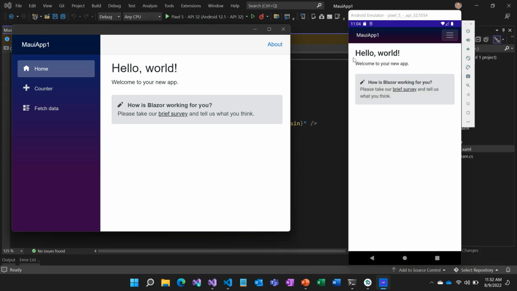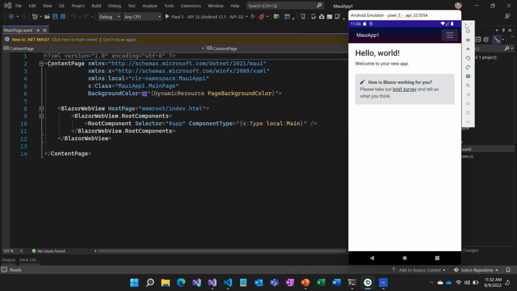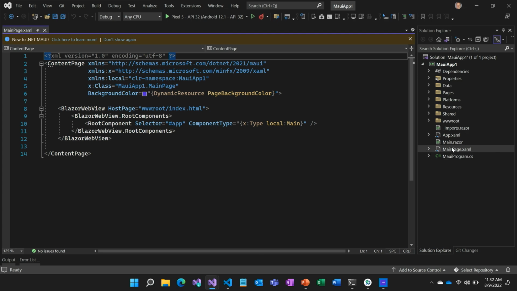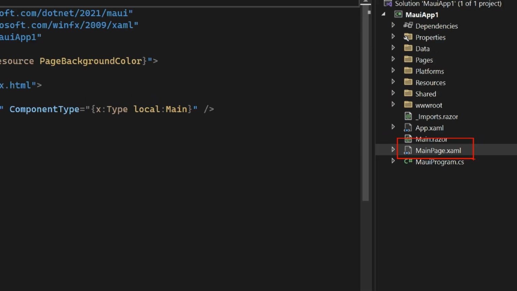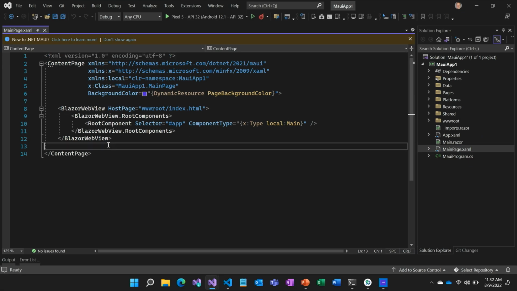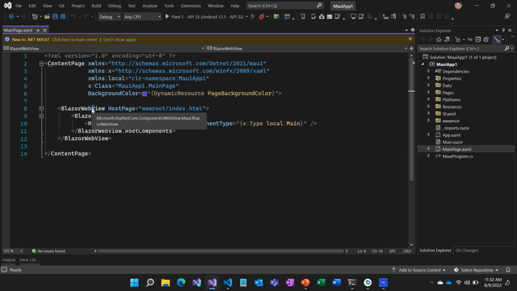Now, how does this all work? How's the project set up? Let's go take a look at the code. For this .NET MAUI app, the main page of the app is defined in this MainPage.xaml page, and that's what we have up here. Now this is XAML. If you're a web developer, don't freak out. There's very little XAML actually in this app. All we have is a single .NET MAUI native control, which is this BlazorWebView control.